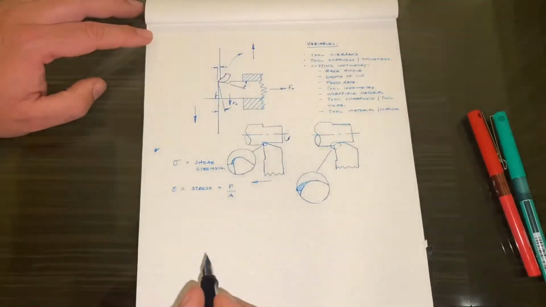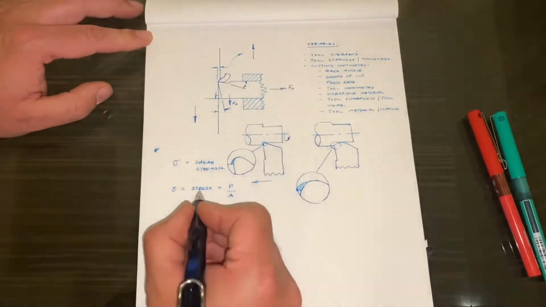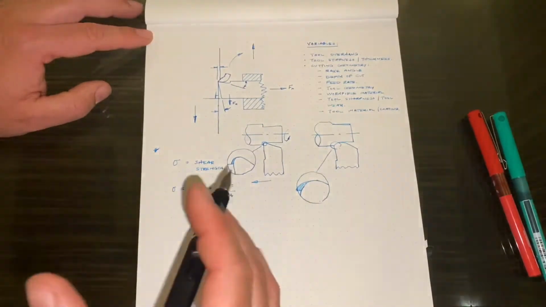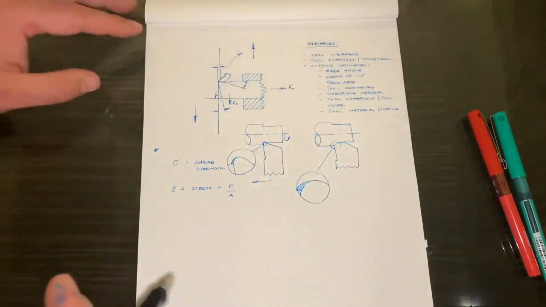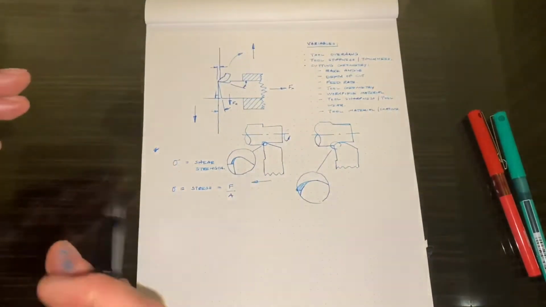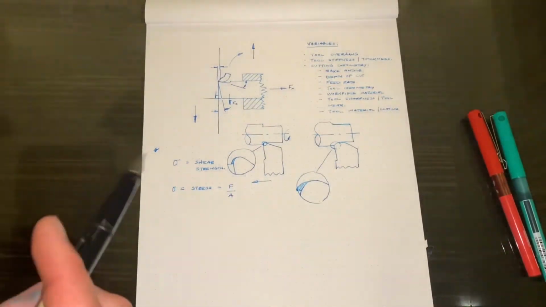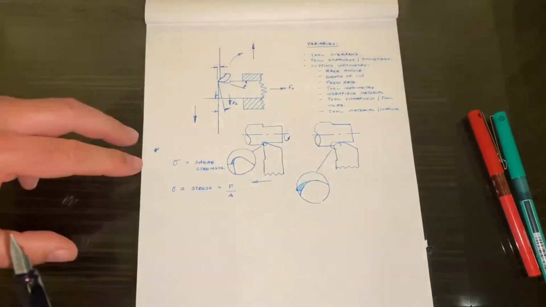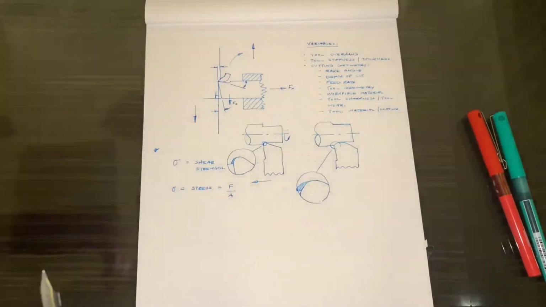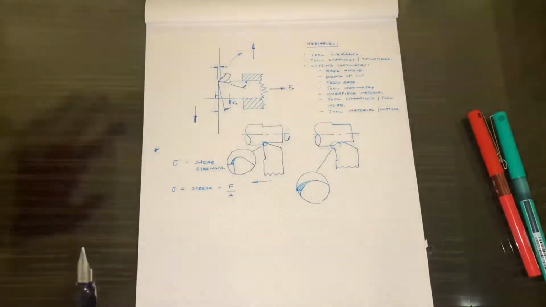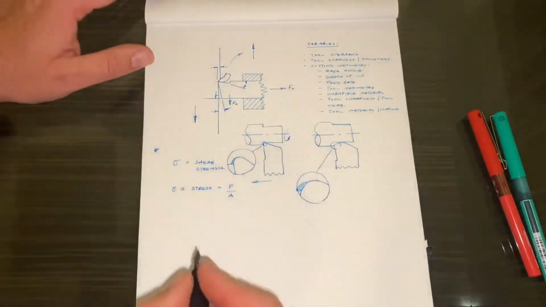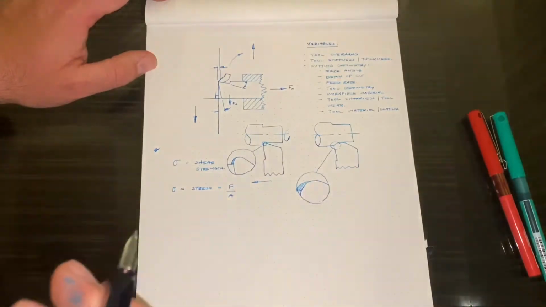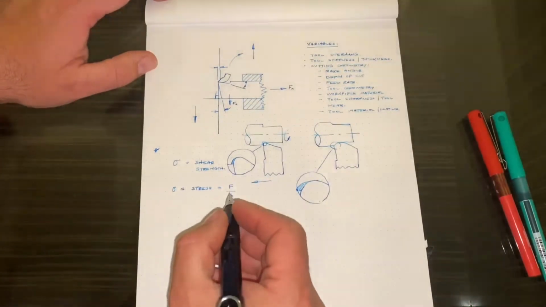So the strength of the material doesn't change. I'm going to say it doesn't change at room temperature, within tolerances of plus or minus, I don't know, 5 degrees, let's say. Let's assume that the strength of the material doesn't change. It does change with temperature, but we'll neglect it for these purposes. So I'm going to say that the tensile strength of the material is constant. In that case,